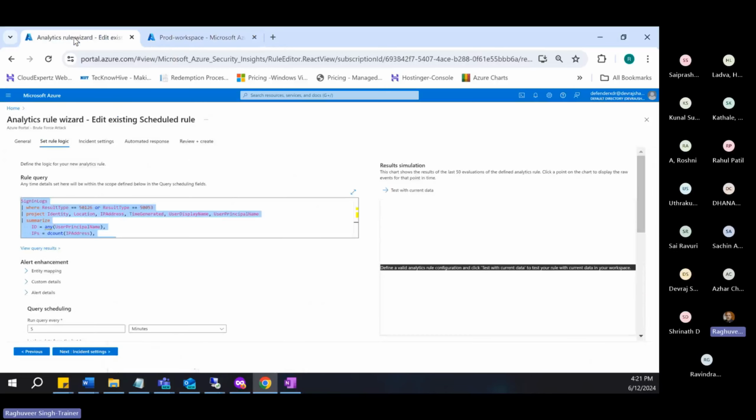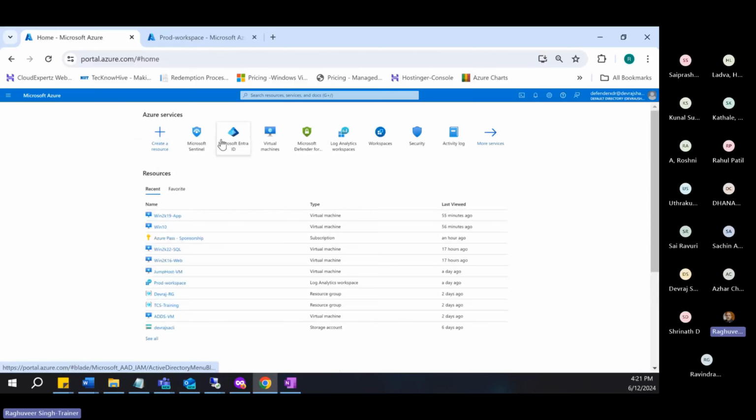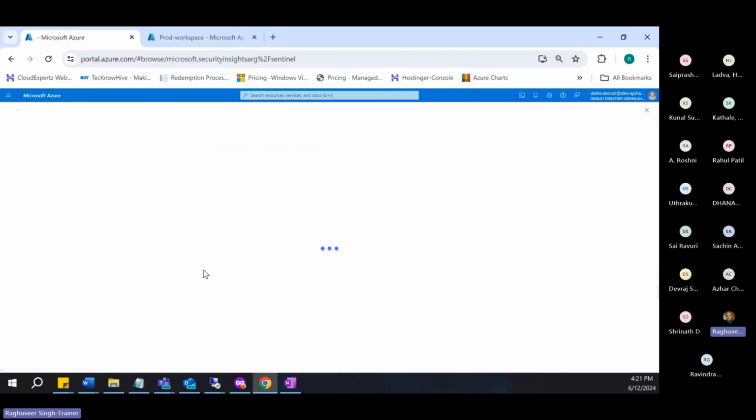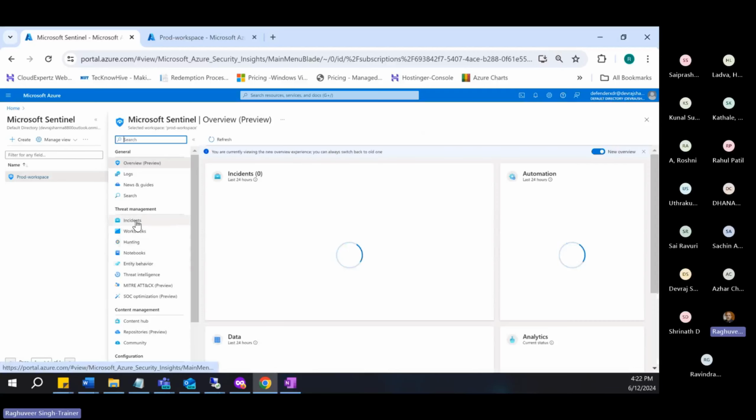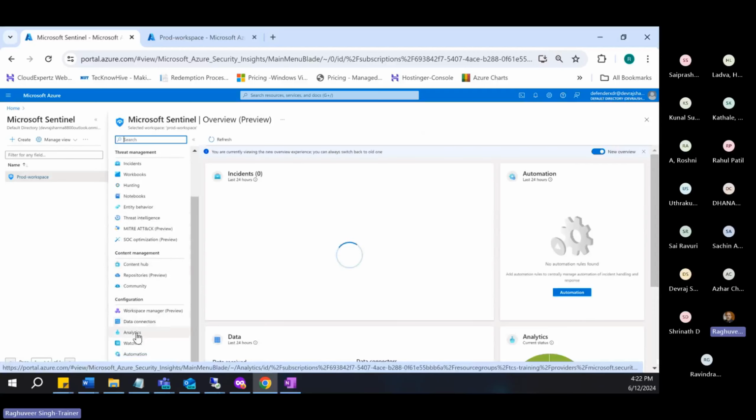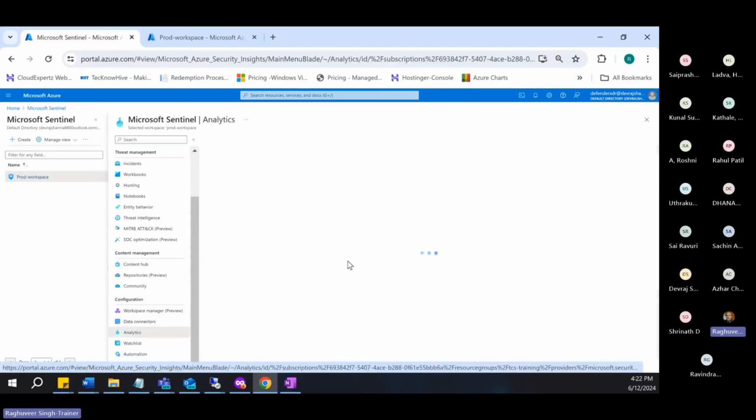Now I'll go to Sentinel. Inside Sentinel, I will see this incident getting triggered based on the schedule of the query. So depending on the schedule that I've set, the incident will get triggered. Now, if I go to the relevant analytics rule in Sentinel,